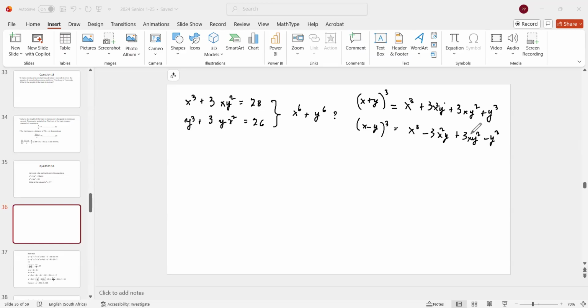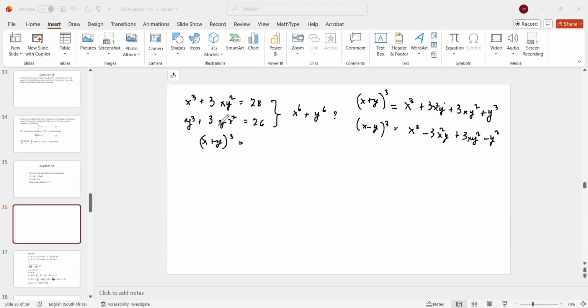You do the same thing throughout. Now when I add these, I'm going to get that. So x plus y all cubed is equal to